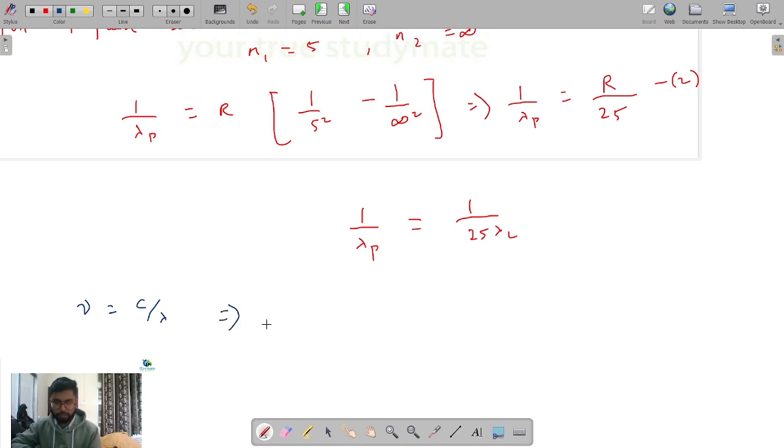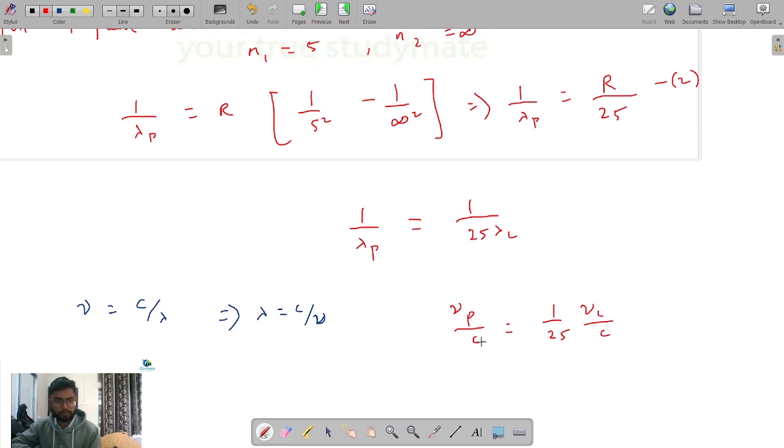So this implies lambda will be equal to c by nu. Hence we can also write it as nu P by c is equal to 1 by 25 nu L